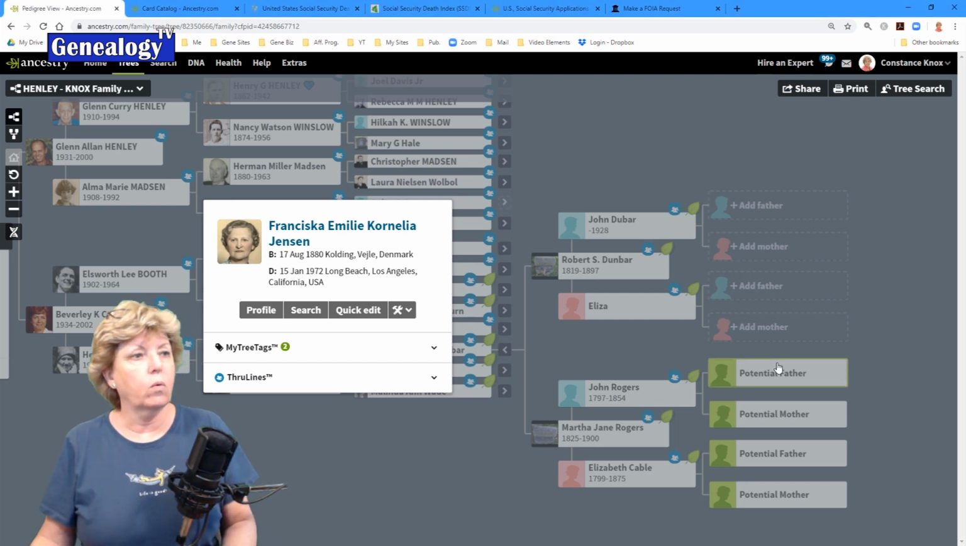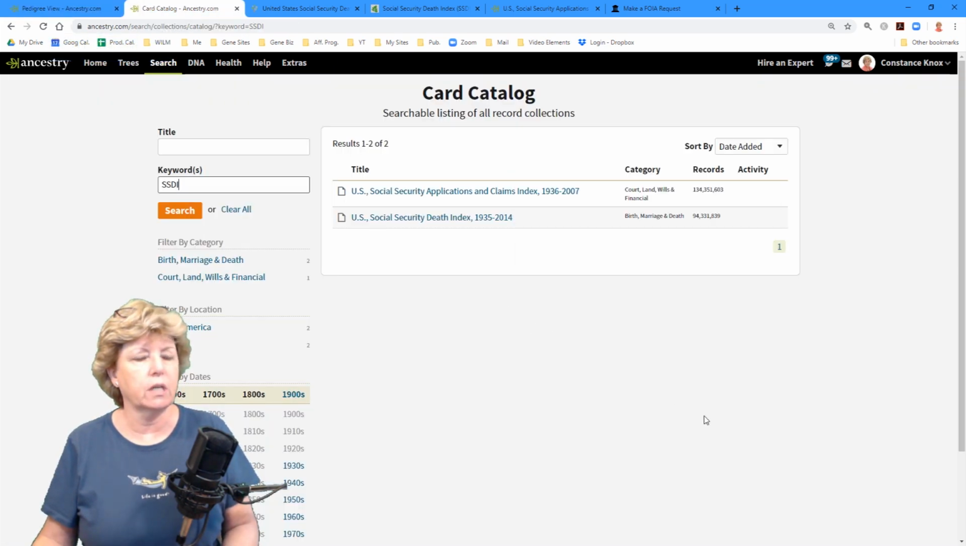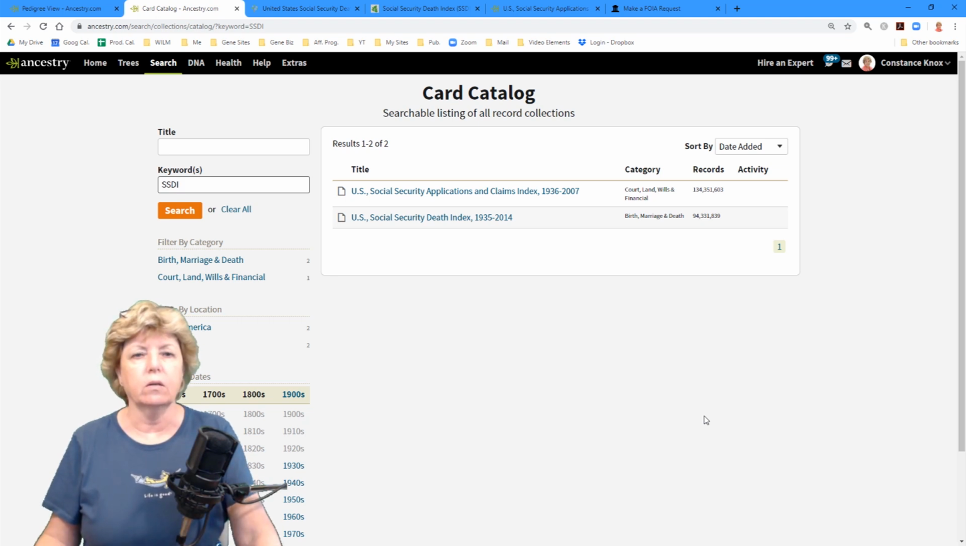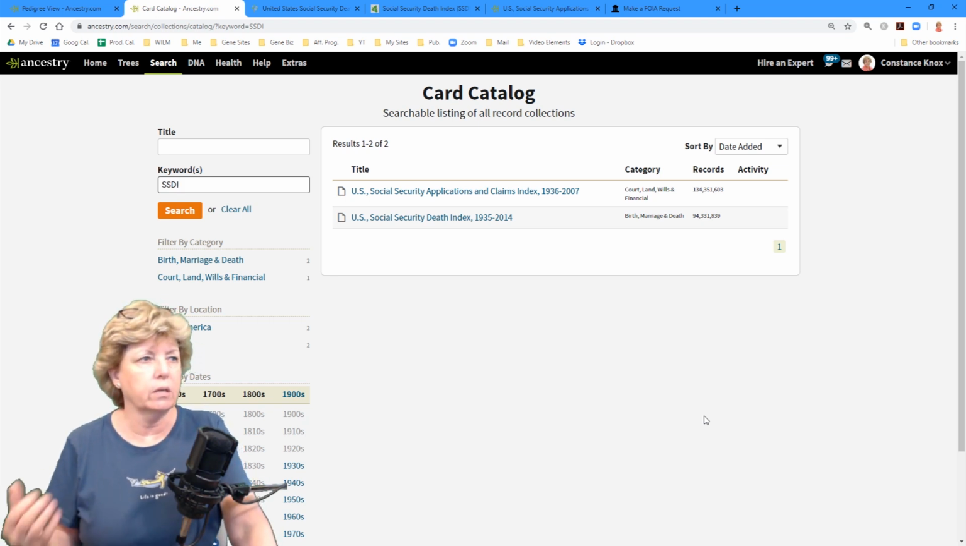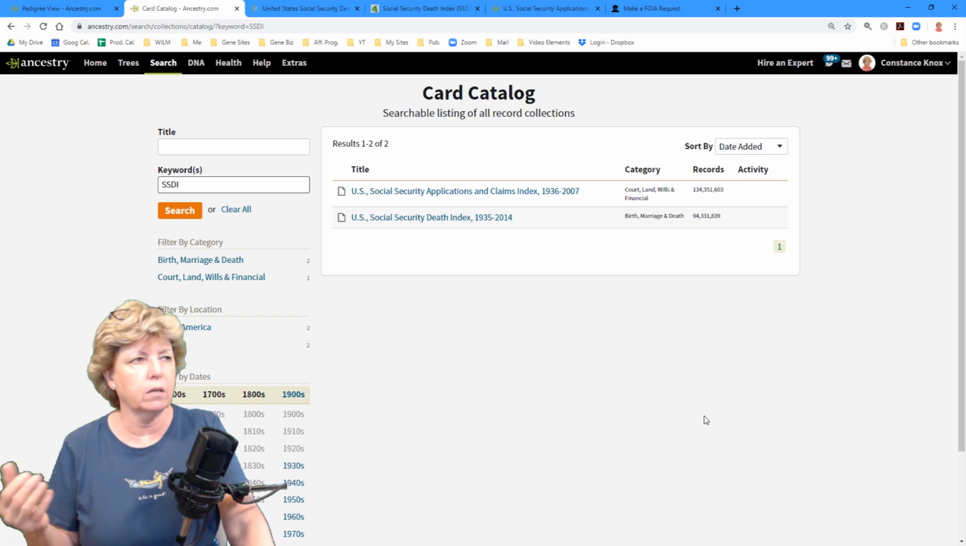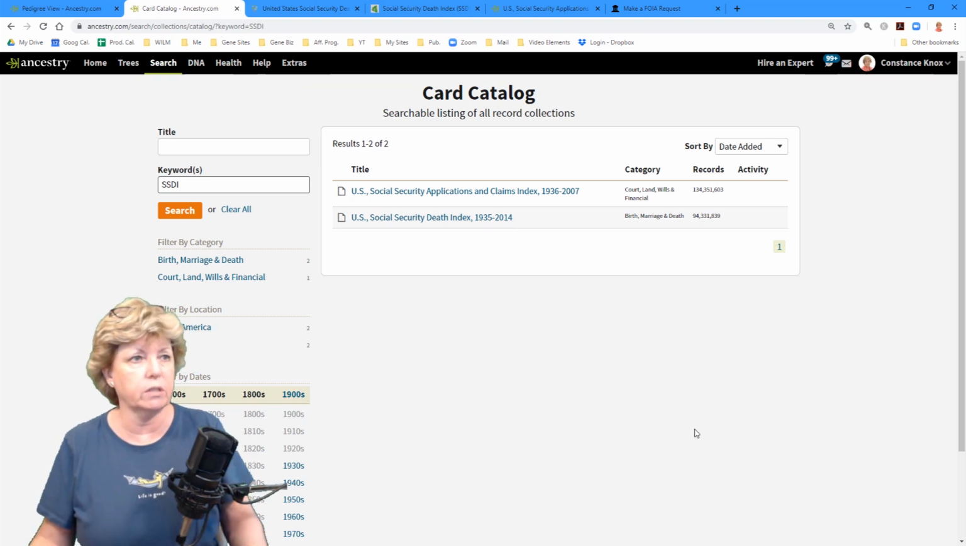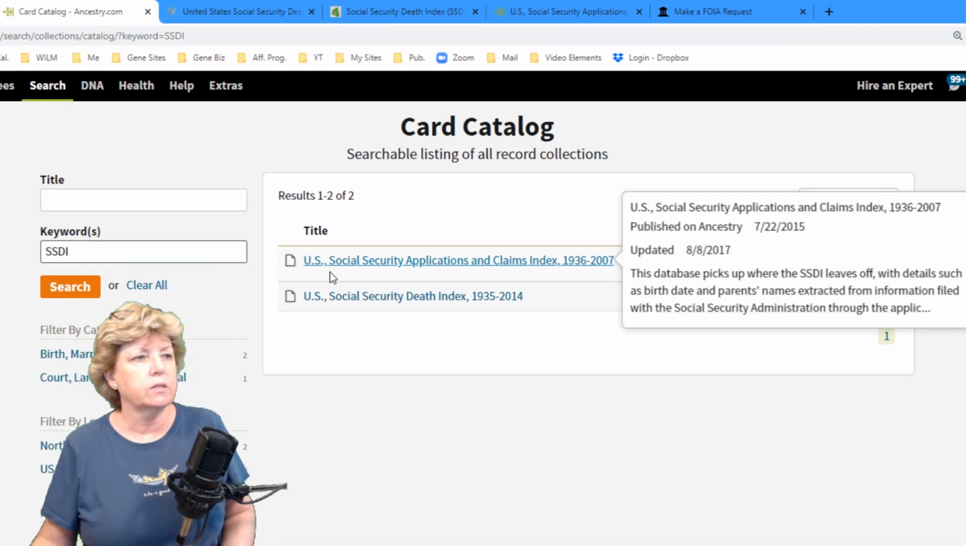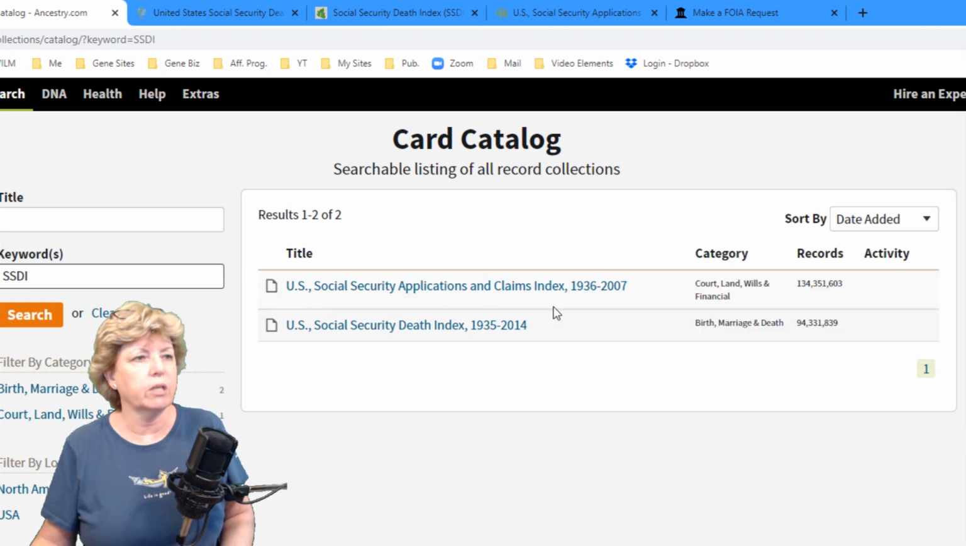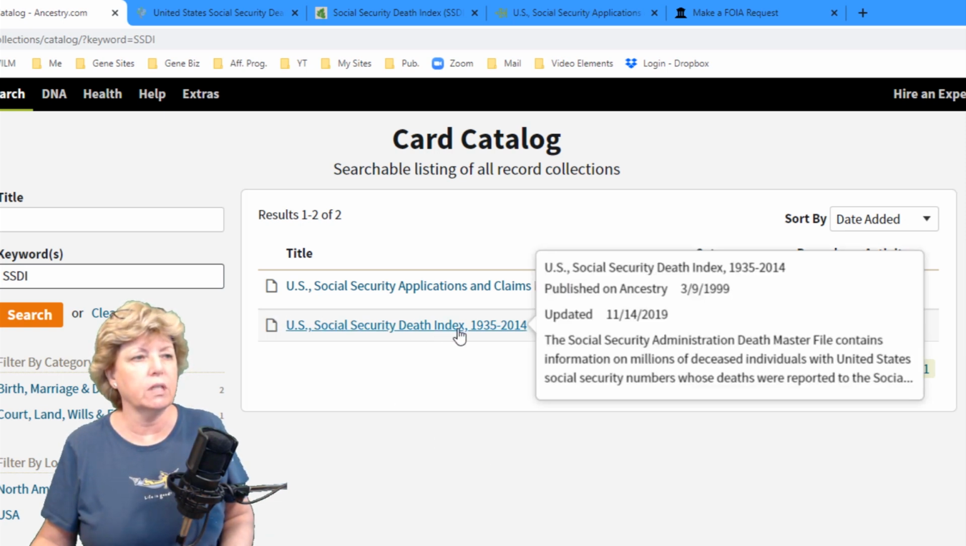Okay, so I'm going to jump over to Ancestry's card catalog just for the sake of demonstration purposes to give you some quick background. When you go to the card catalog at Ancestry, you can research some of this on some of the other services, but I'm showing you on Ancestry because they have both sets of records here. So here we have the Social Security Applications and Claims Index, 1936 to 2007, and the Social Security Death Index,